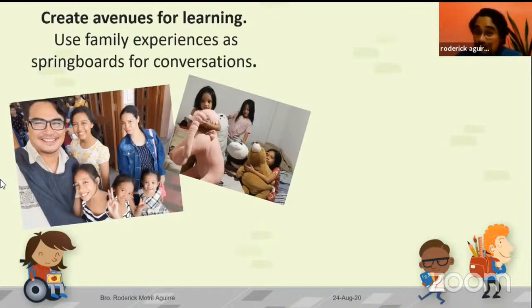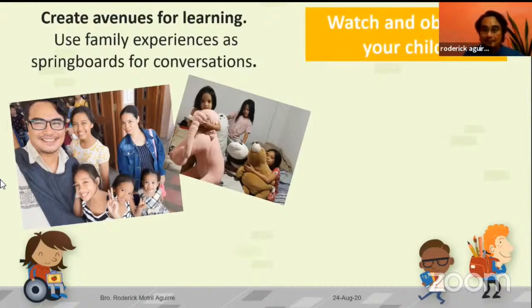Pero that's one of the many responsibilities of primary caregivers or of adults who are living with kids like them. We need support. Hindi pa rin isang tabi mo lang sila. Once they start talking to you, you now have a responsibility of developing their social emotional skills by listening. All right? So watch and observe your children. Via these great avenues for them, observe them.